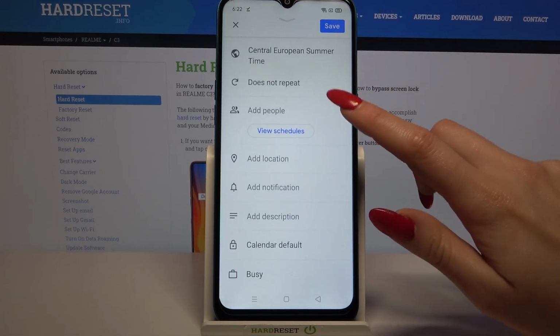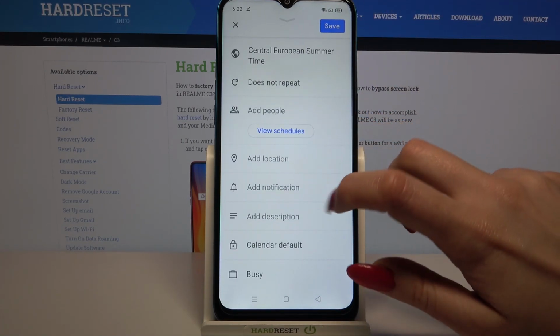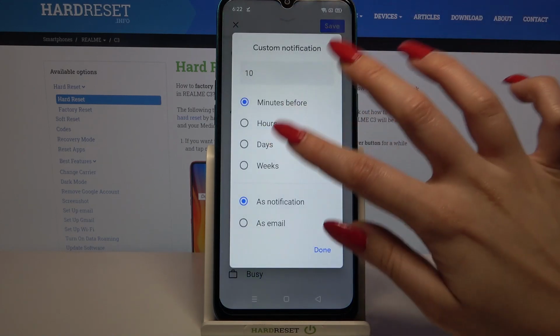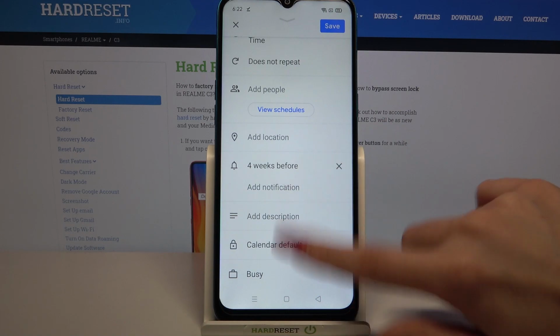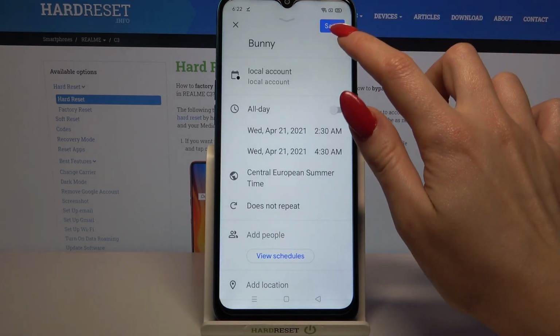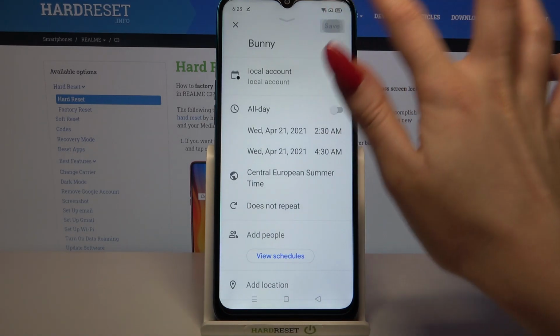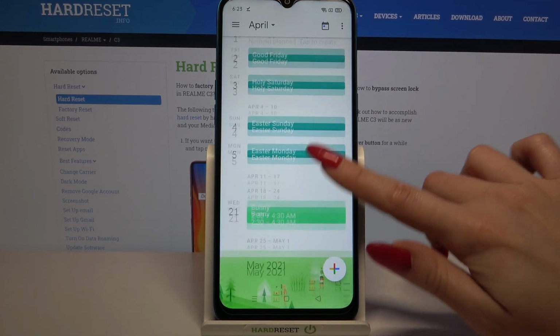When you're done, you can also add people, location, set up notifications, minutes, hours or weeks before, click on done, take notes and many other things. When you're done, click on save at the top right corner, and now as you can see, my event was